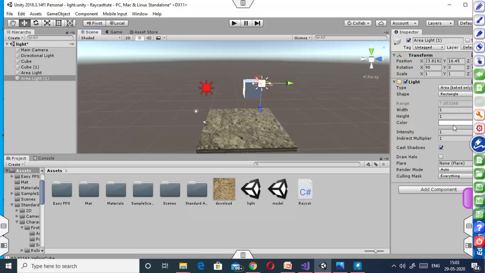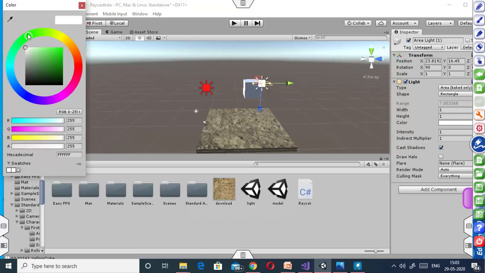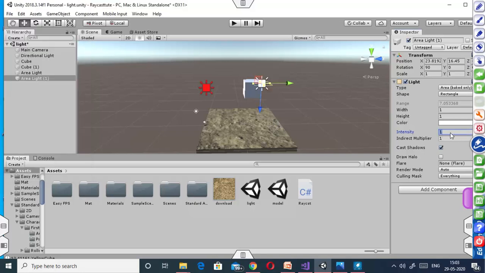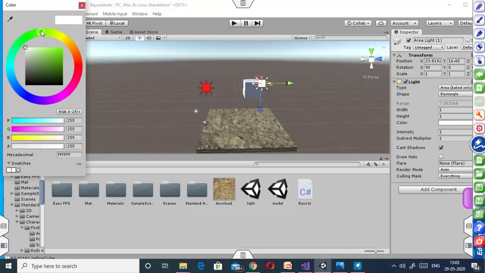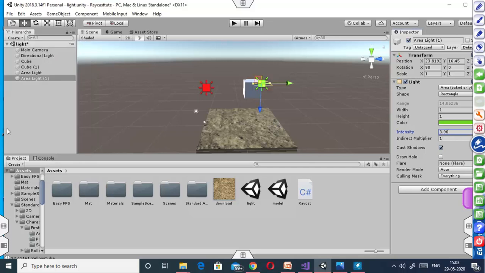Okay, and you can change the color of this area light, this one. Okay, you can see that there is no effect showing of the area light. Why? Because area light works only in baked mode.